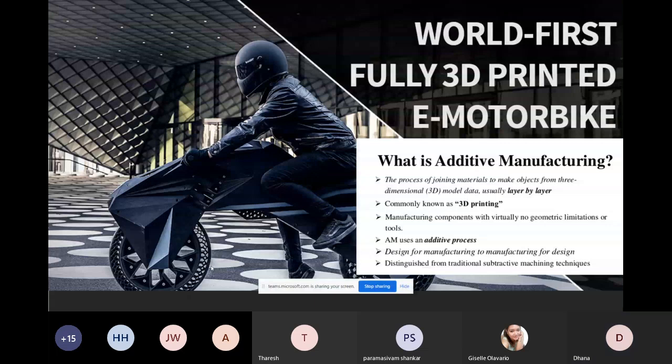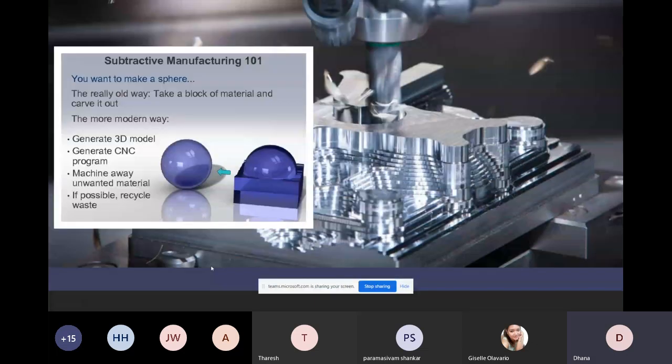And subtractive manufacturing, we can call it carve manufacturing. Carve the model to get your shapes. For example, if you have a block of material, you carve it out, and that is how we do subtractive manufacturing. There are different processes in subtractive manufacturing, like milling, drilling, and others. The material will be carved and removed from the block to get the object.